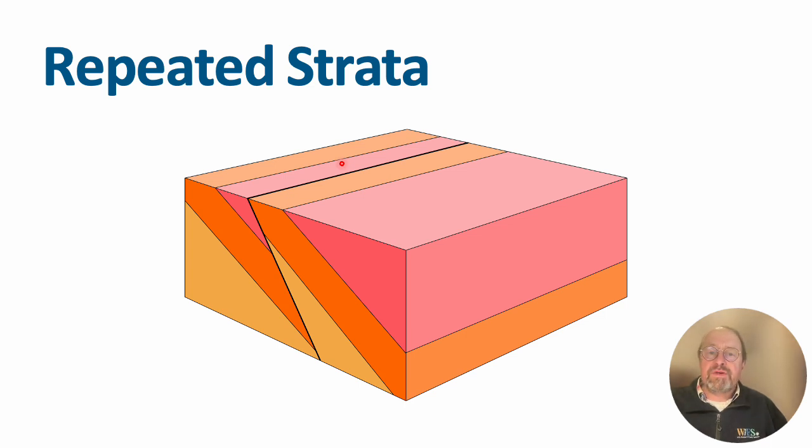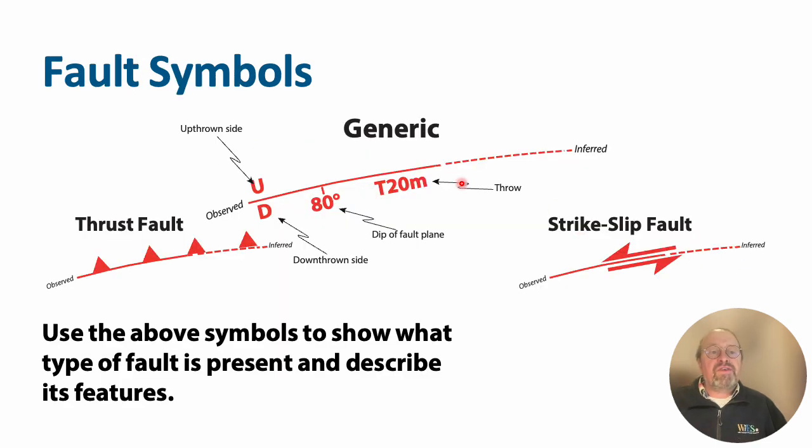This isn't a mirroring, this is just the same units. So we have ways to depict faults on maps, and you need to learn these symbols. They're very common, internationally used. So essentially for a regular fault, it's usually a normal fault. Essentially we have a solid line and a little tick on the downthrown side, and then usually next to it